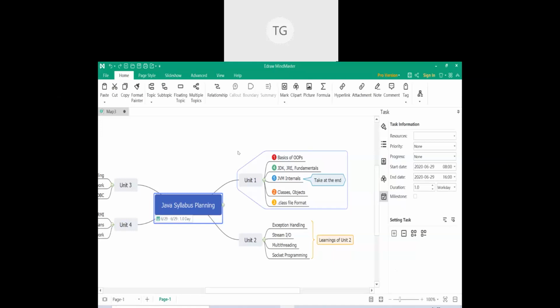I want to start on 1st of August and I want to complete it by say 30th of November 2020. So I will associate a task or a timeline next to it. We can set up priorities for the task, and you can also set up durations or milestones corresponding to tasks. So this will create a sort of a task or a timeline attached to your mind map, which means you will have a proper time wise listing that according to the time duration that you have set up, what should be your progress, how much should you have progressed. So this is task setting.